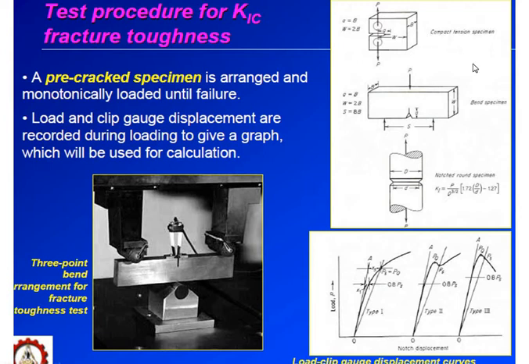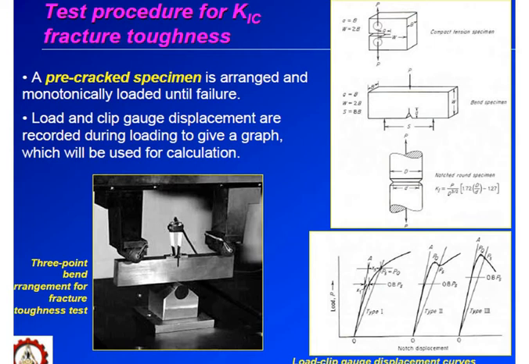The next one is for a bend specimen, for the bend test. And the last one is a notched round specimen. So taking these three types of specimen, we are going to carry out the test. That is, when a tensile pull is given, how they behave, and finally until the fracture happens, we are going to draw the load displacement curve and see what happens.